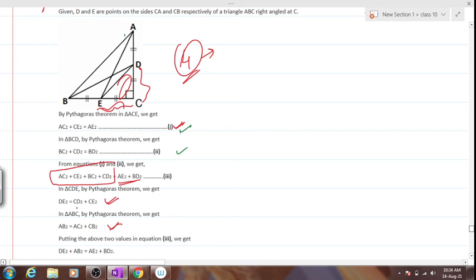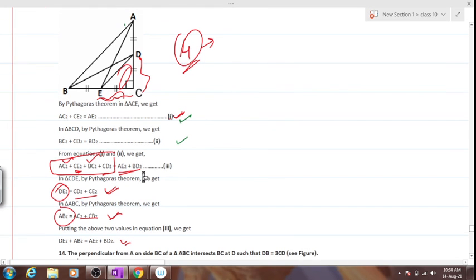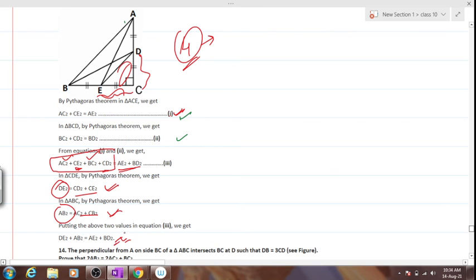Now, when you see this, when you add these 2 up, you'll get the third equation. Yes or no? Or else you just substitute out here CD square plus CE square. You can easily write DE square, and AC square plus BC square can be easily written as AB square. So do we have what is required to be proven? Yes or no?